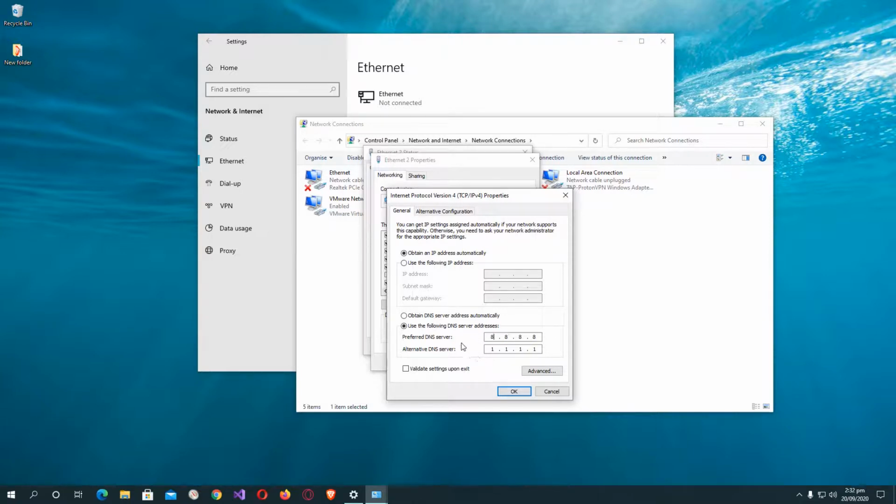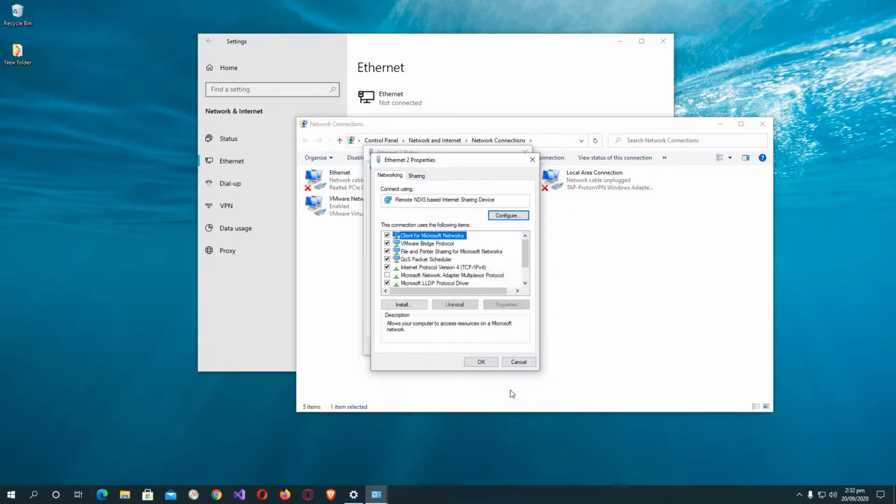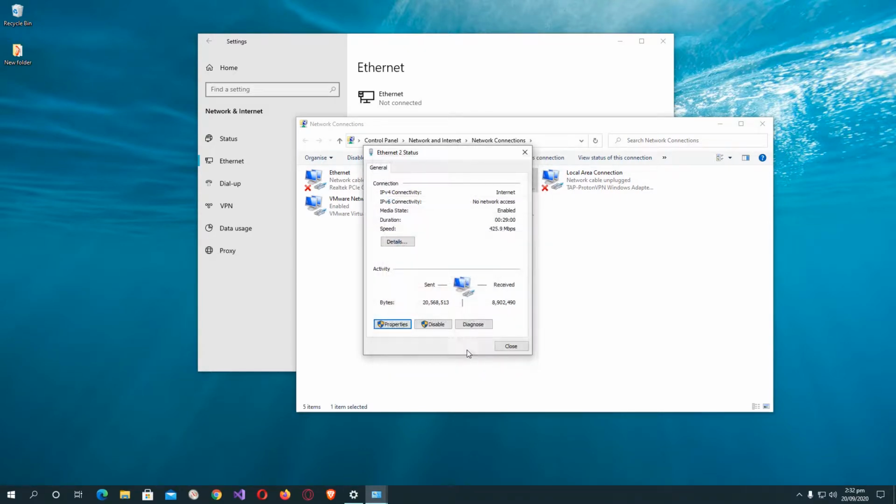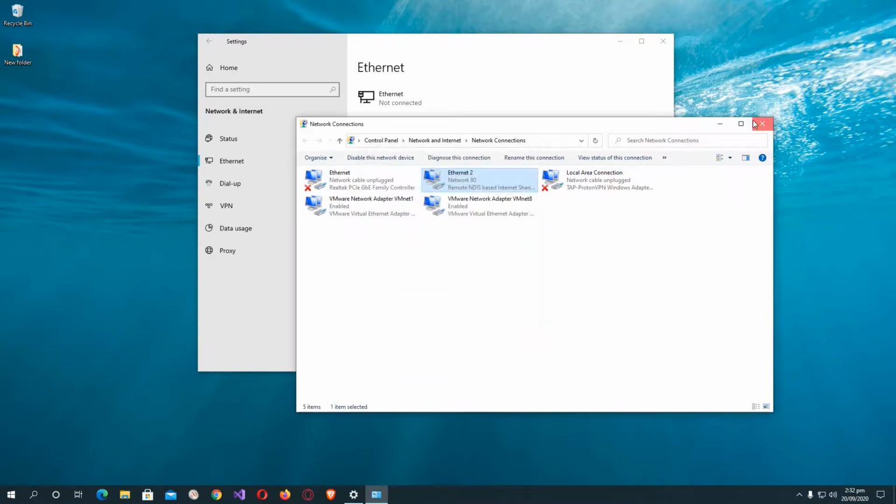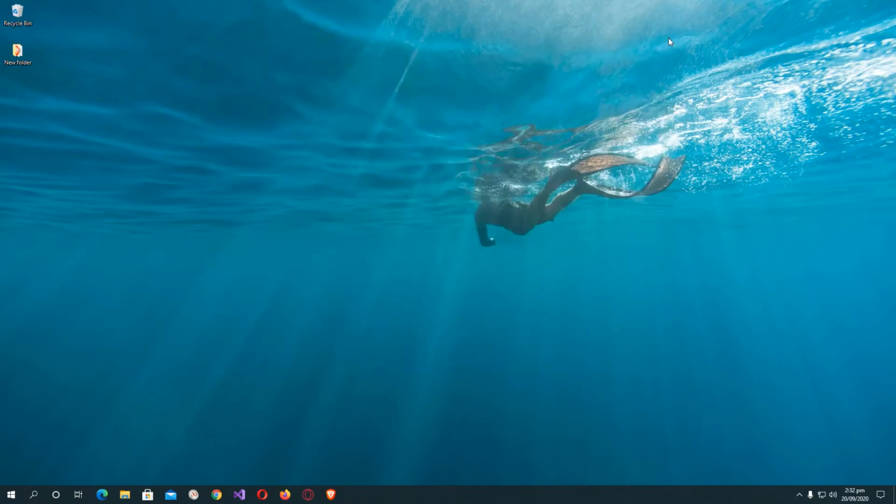You can add Cloudflare's DNS or any DNS to use in your preferred DNS server box. I used Google's one. Now close this dialog box. Close this one too. And close Open Windows. Now you are ready to use the top-level domain server of Google or Cloudflare on your